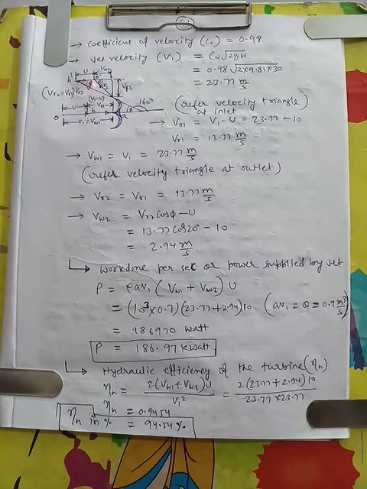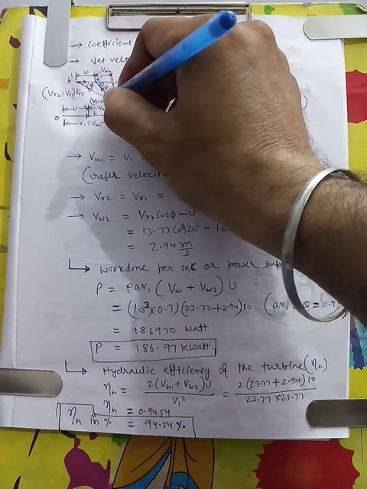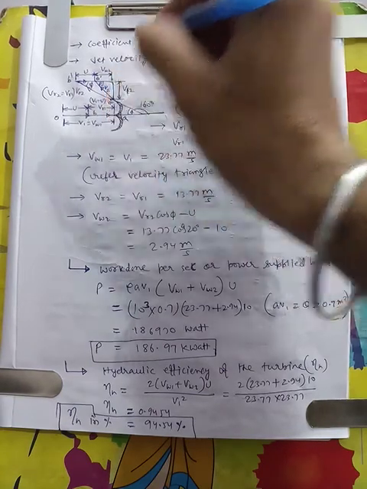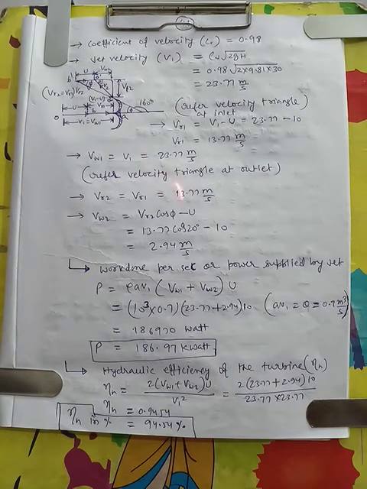So this is the velocity triangle. O dash, B dash, and this will be A dash. And this is the velocity of whirl at outlet, the component of V2 along U, that is VW2, and this is the velocity of flow, that is the component of V2 perpendicular to direction of U, as we discussed number of time in earlier classes.